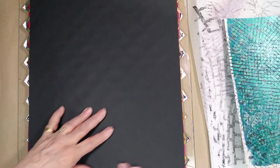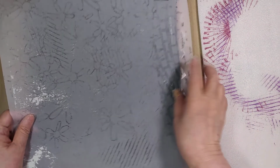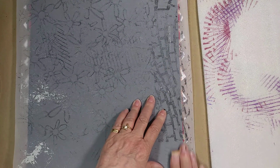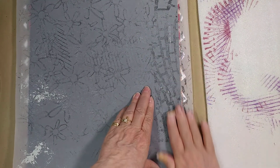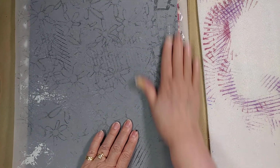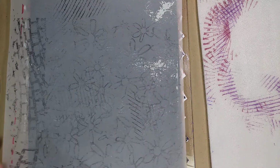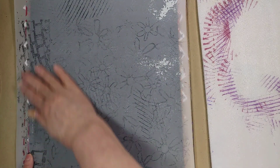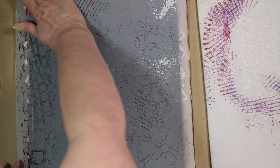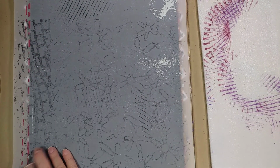It's sticking out. I think I cut my paper too small. I think my paper is just 12 inches, and my plate is supposed to be a 12 by 14 plate, and it's actually stretched a little bit as I've used it. So just be aware that that can happen. Your plate can actually get bigger if you continue to use it and roll on it. And that'll make some kind of interesting little dotted lines along the edge of that piece of paper,